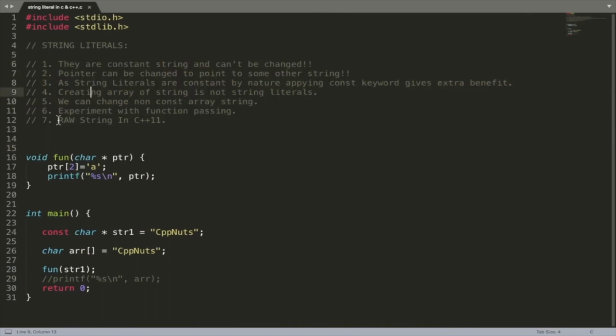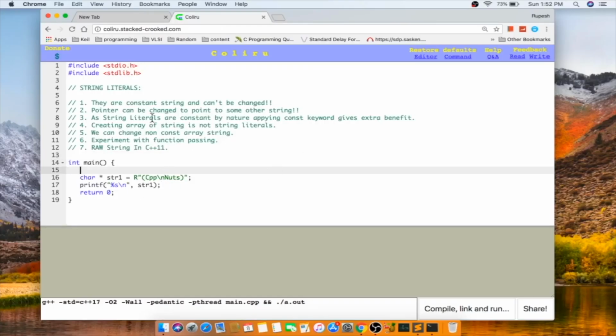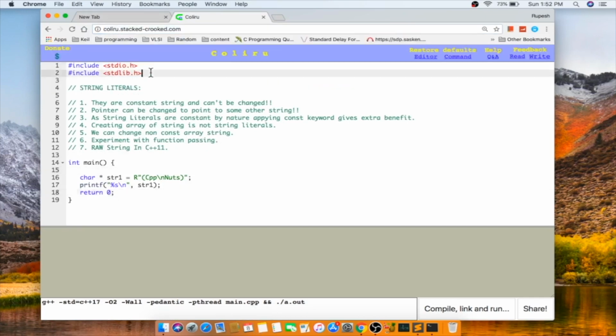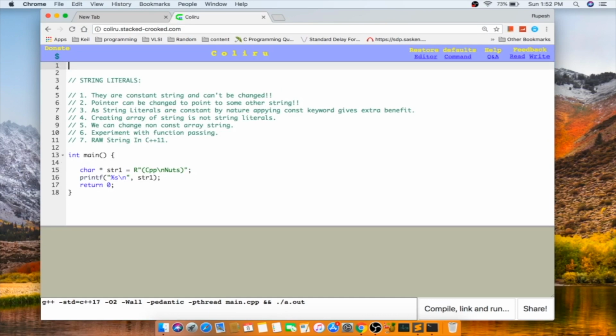Now wait a minute, there is this raw string in C++11. So now this won't be a C question, this will become a C++ question for this 7th statement. Okay, so I have copy and pasted that full code here in an online compiler for C++ and I like this. As I said, this is a C++ feature. We don't need all these C header includes. We need iostream